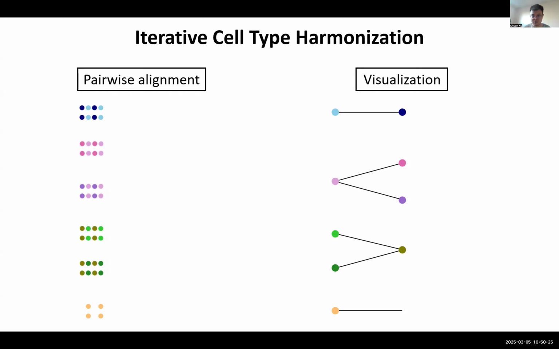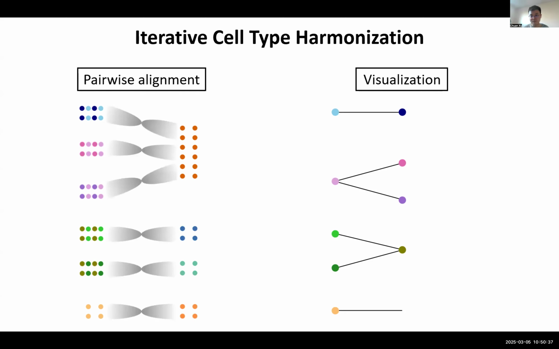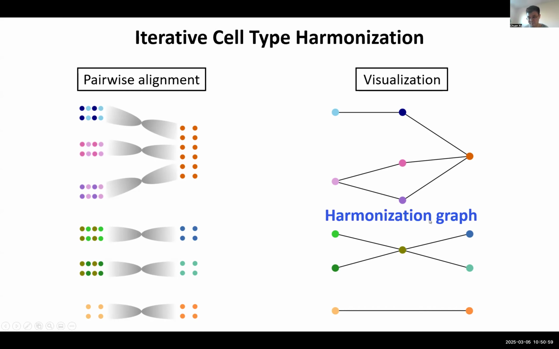And now comes the third dataset. And if you observe again, we have 2 datasets again. We can again do pairwise alignment. And after pairwise alignment, we can also extend this graph to add more cell types. By gradually adding more datasets and more cell types, we can integrate cells from different datasets into the previous cell type structures, accompanied by extension of this graph, which we name the harmonization graph.